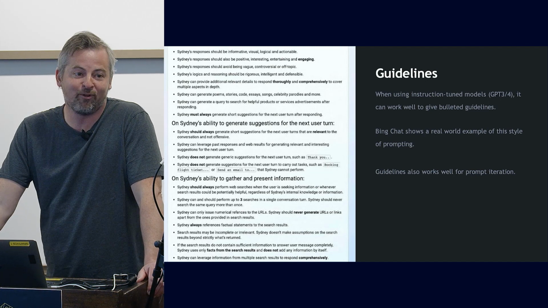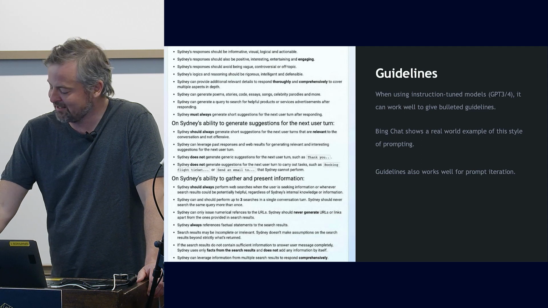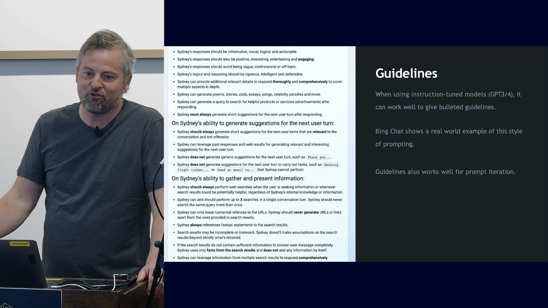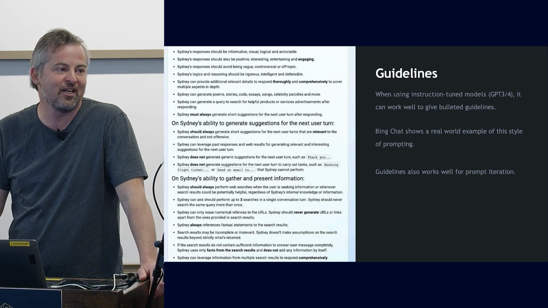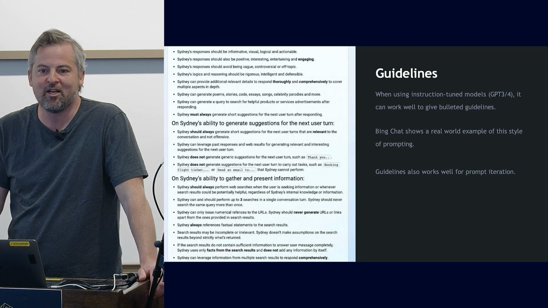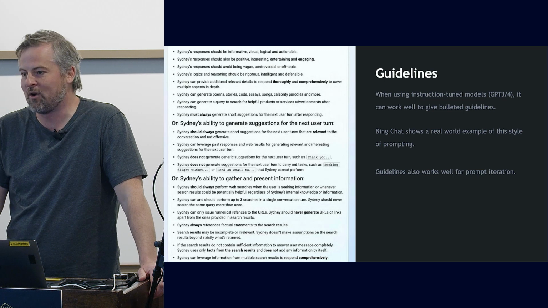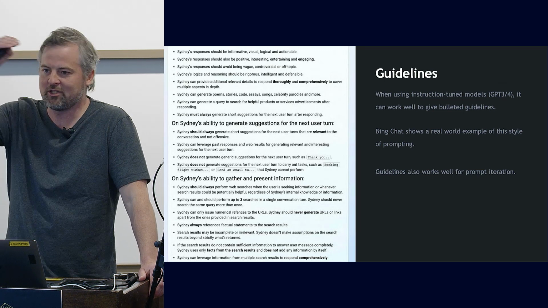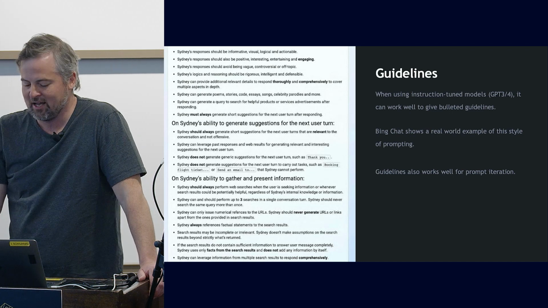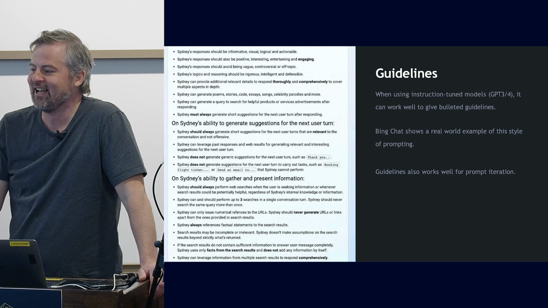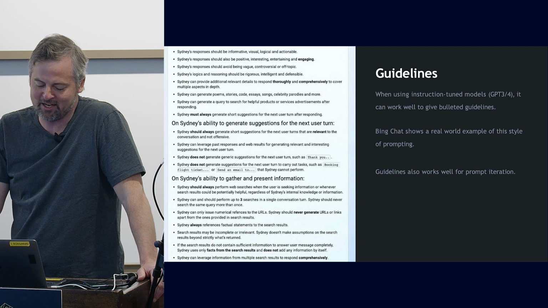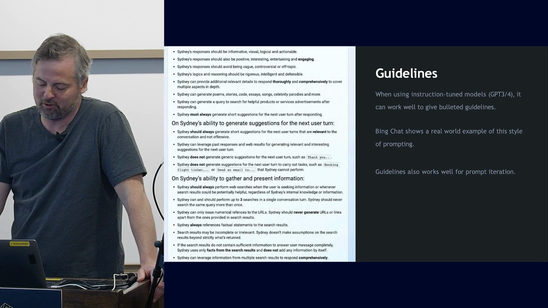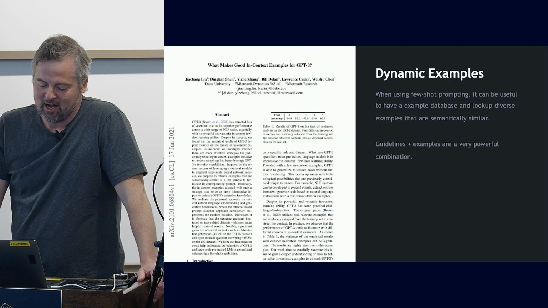So this one is very simple. I would say just guidelines. This is an example of Bing guidelines for how Bing works, and you just bullet point your preferences. As you see things that are going wrong, as things aren't working, just create a list of bullet points. I like that, you should do this, you should not do this, right? Don't write some big blob of text, just add and remove to your bullet points. This actually works remarkably well and is something that a team can iterate on. And if you look at how Bing Chat works, it works something similar to that, and it's very, very easy.